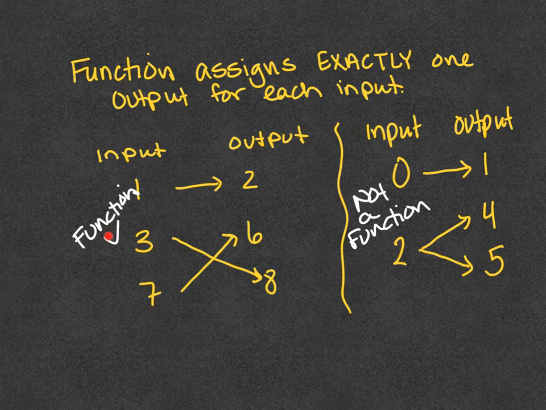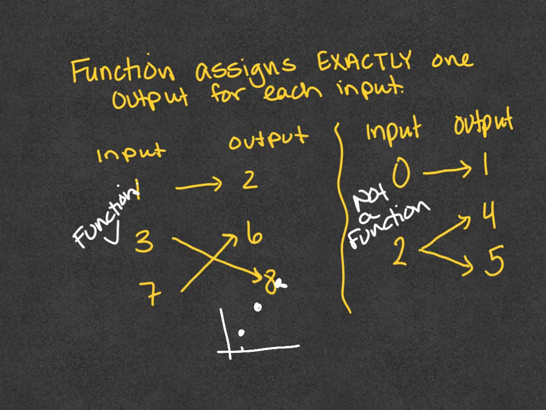Okay, so we have function, yes, check mark, and not a function because of the 2 outputs. Now, if we were to look at this as a graph, I think that the lesson gets into this in another example coming up, but if you look at this as a graph, each of these, 1 has an output of 2, 3 has an output of 6, 7 has an output of 8, and it may or may not be linear. That's not really what we're looking for, but we're making sure that every input x has its own